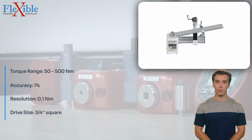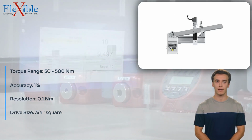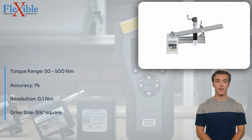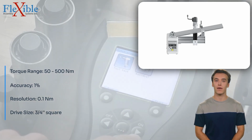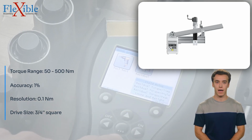Featuring an accuracy of 1%, this torque wrench tester delivers reliable and precise measurements, giving you confidence in your results. A clear and intuitive digital display provides real-time torque readings, enabling easy monitoring and analysis of test results. The peak hold function captures and displays the maximum torque value, allowing you to easily identify the highest torque applied